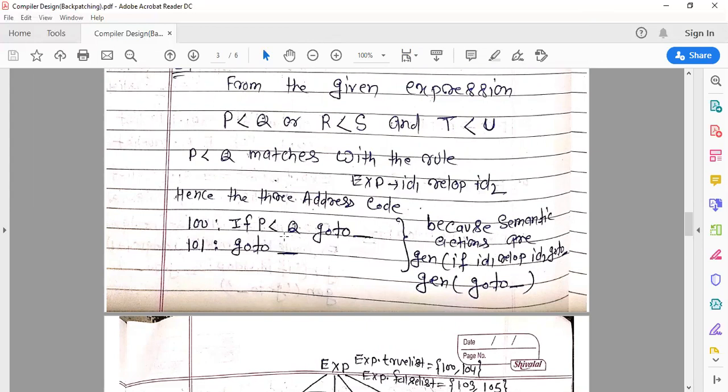So if p less than q goto dash, this statement will be generated by the semantic rule. And next, goto dash. Both statements will be generated by the generate function.